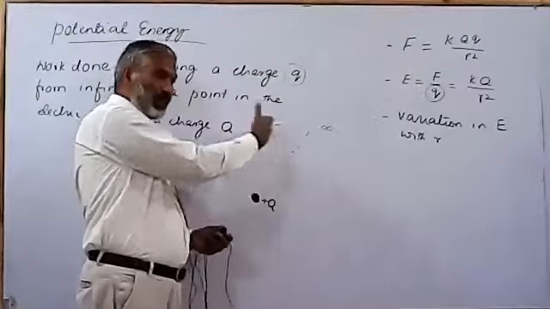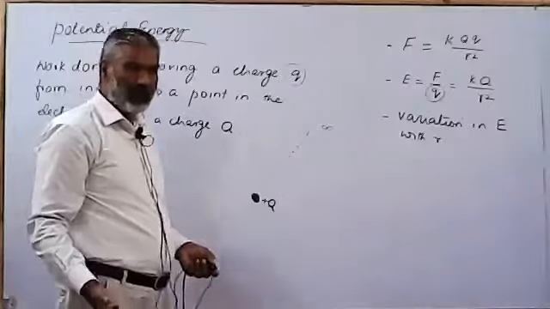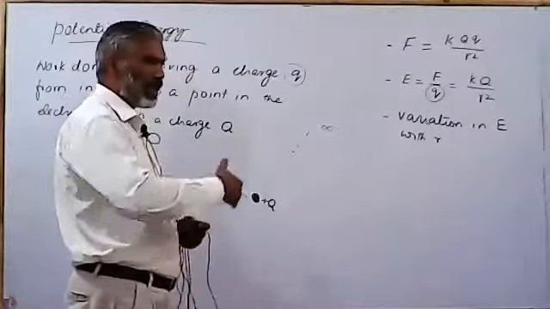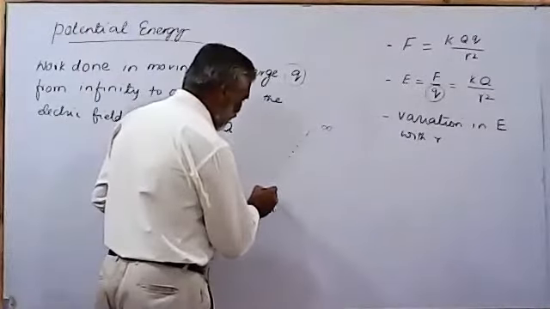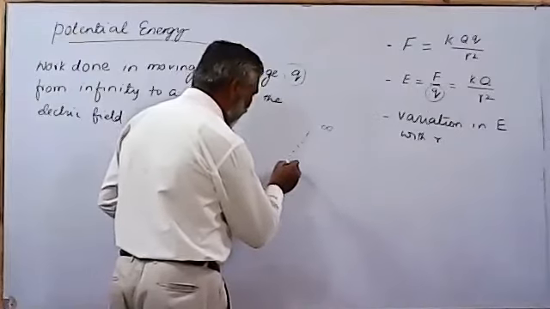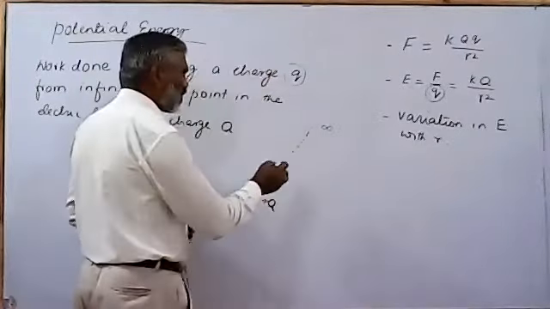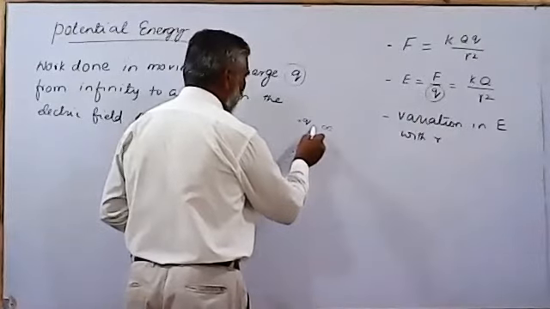So this infinity may be a few centimeters or even millimeters in most cases, because charges act at a very small distance. So at infinity, the field ends, and if I have to move a charge, this small charge q,